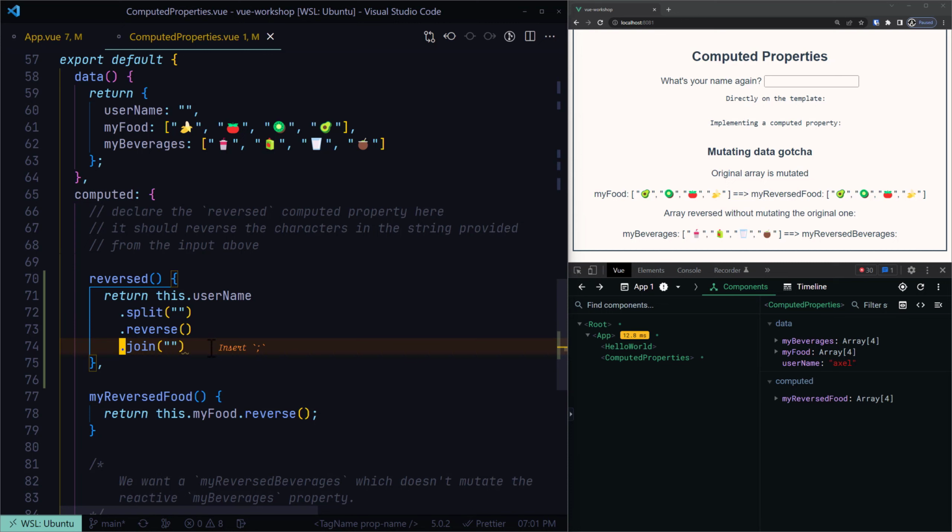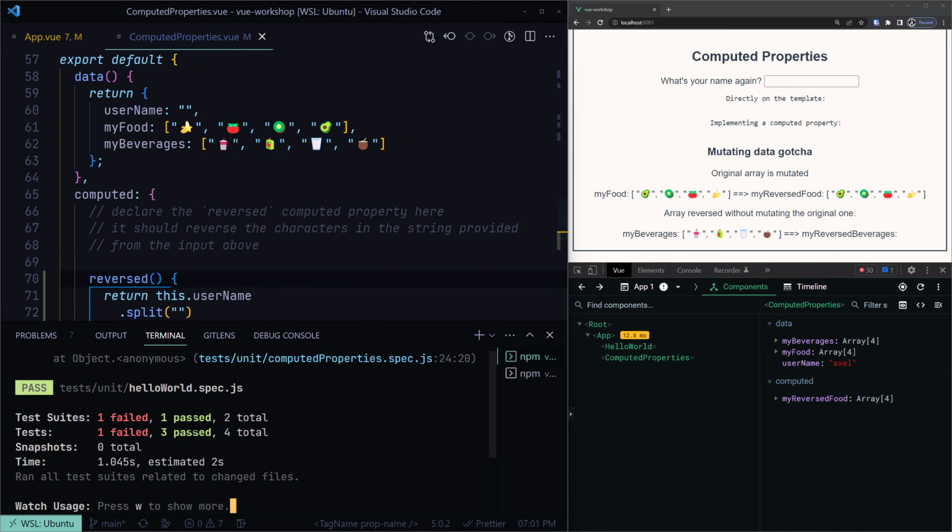All right, something like that. And we're missing a semicolon here. All right, let's go back to the tests now, open it up and see if we are anywhere near completing that part. Okay, so instead of 3 failed and 1 passed, we now have 3 passed and 1 failed. We're just missing one piece of our